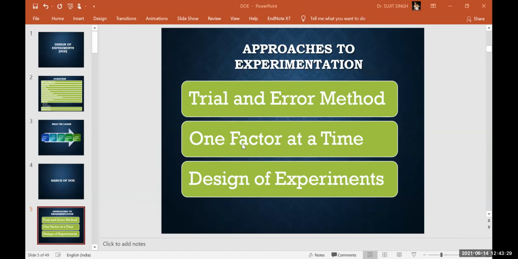You keep all the other factors constant at a particular level, and then take all factors at different levels. If you go for all that kind of combination, that kind of experiment will be known as a full factorial. Each and every combination of the input variables.